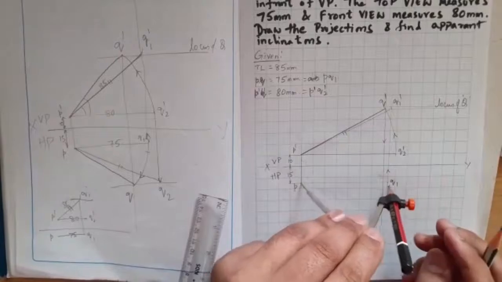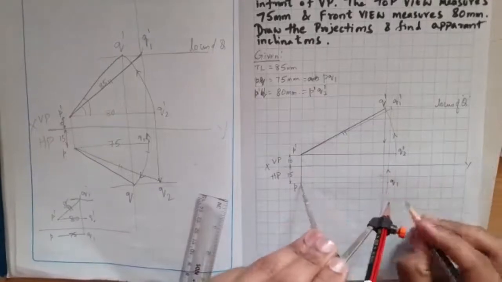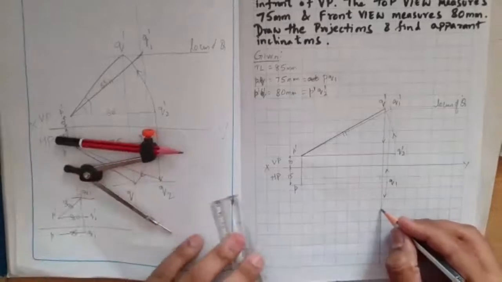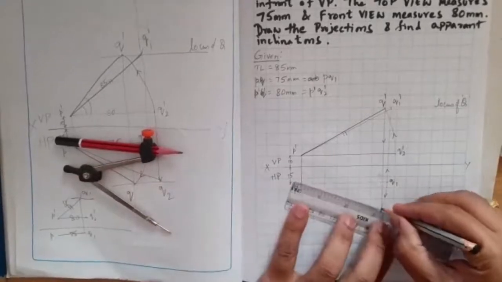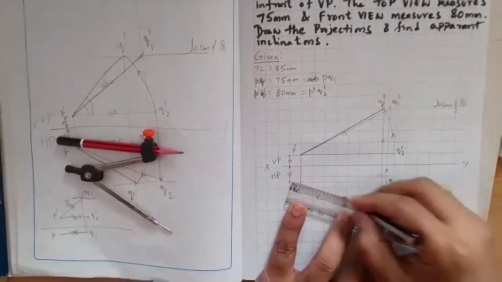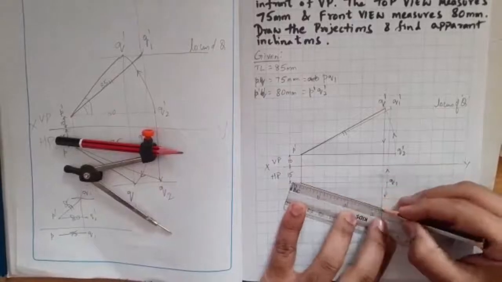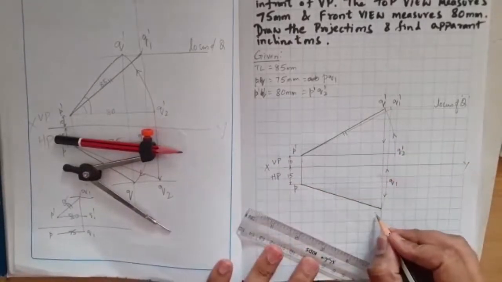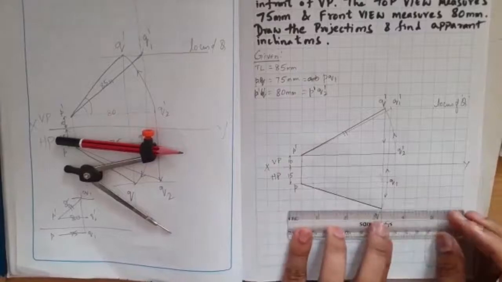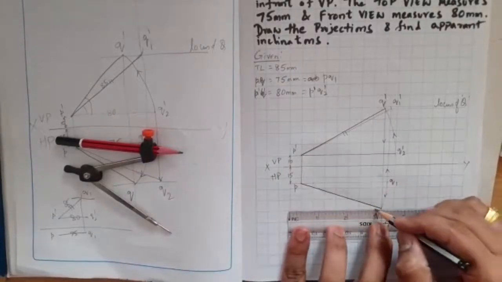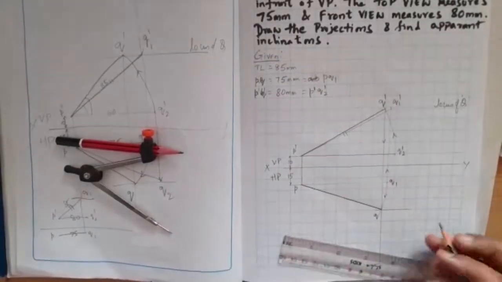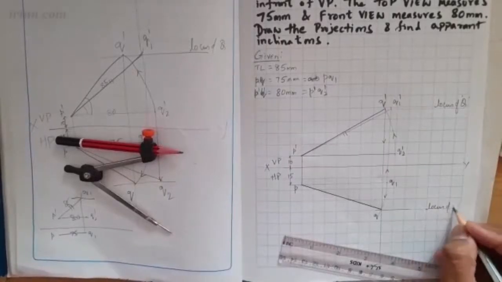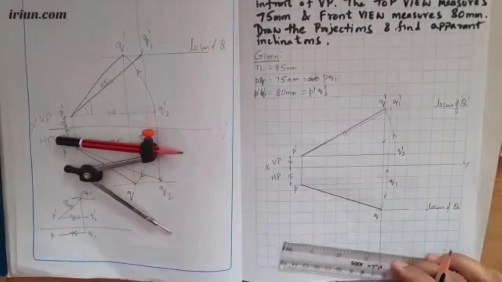I'm going to draw an arc till it meets the distance between the end projector lines. So this is the location of the top view, which has to be dark. I'm making it dark slightly. I'm applying pressure so that I can represent PQ very easily. And I'll just draw a locus here. A thin line I'll draw. I'll not extend it further. Locus of Q, I'm going to mark it here.